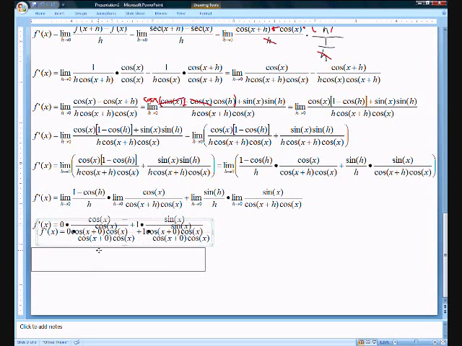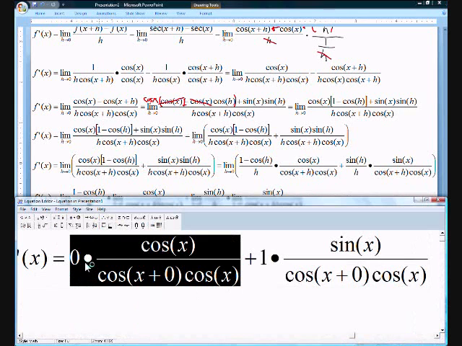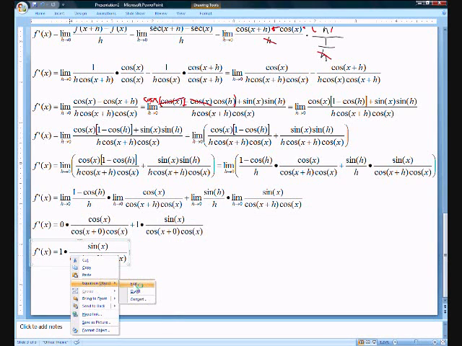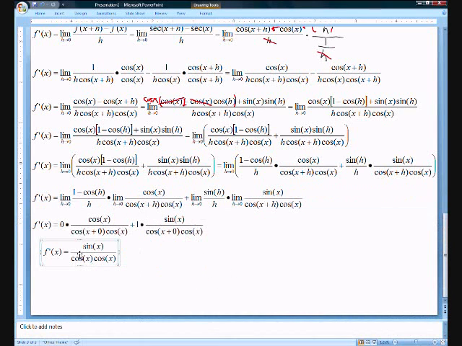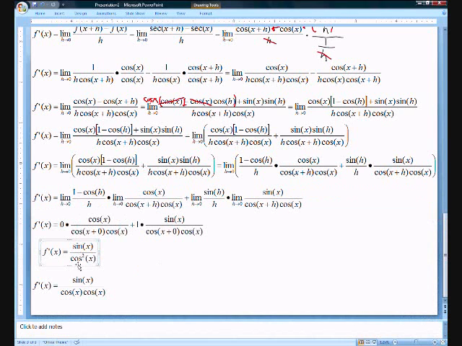Almost done. And now this no longer matters because it's being multiplied by 0. It's going to go bye-bye. And now all we're left with, the 1 is insignificant. We are left with sine of x over cosine of x times 1 over cosine of x. I imagine some people will do one of two things. They'll go ahead and combine the cosines of x to make it cosine x squared, but that is not the correct answer. The correct answer in the end is actually